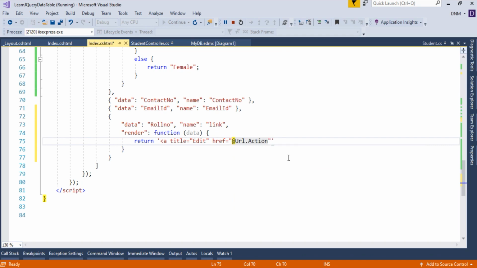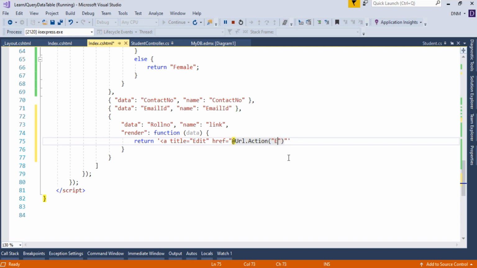And that action belongs to student controller, so it is not necessary to specify the controller name because we are in the same view of a student controller. Basically this index view belongs to the student controller only. So if you are in the student controller's view, then it is not necessary to specify the controller name.